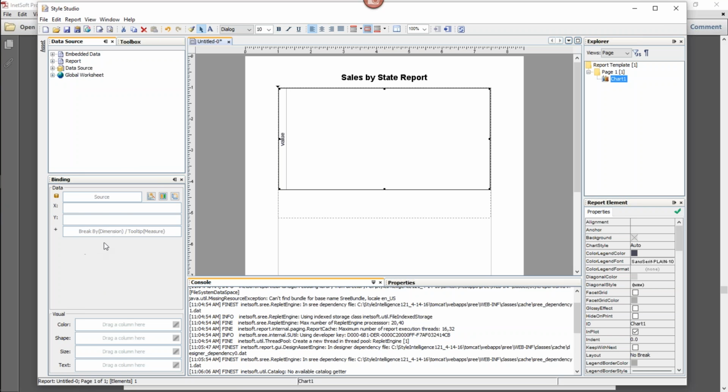Some of the controls are in different places, but basically it's all identical because the charts in reports and the charts in dashboards are essentially identical. It's the same features, same editor, pretty much same everything. So we'll just go ahead and set up the chart.